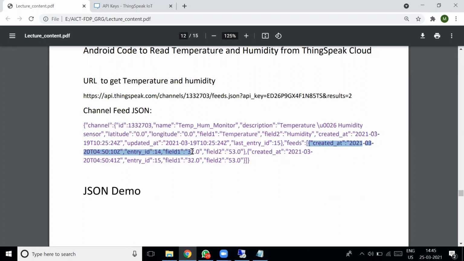This is another record, the second record. Like this, the file keeps on increasing. How many values you have stored in the cloud is displayed here. Our aim is to display the last value, so you parse these feeds, move on to the last value and display field 1.